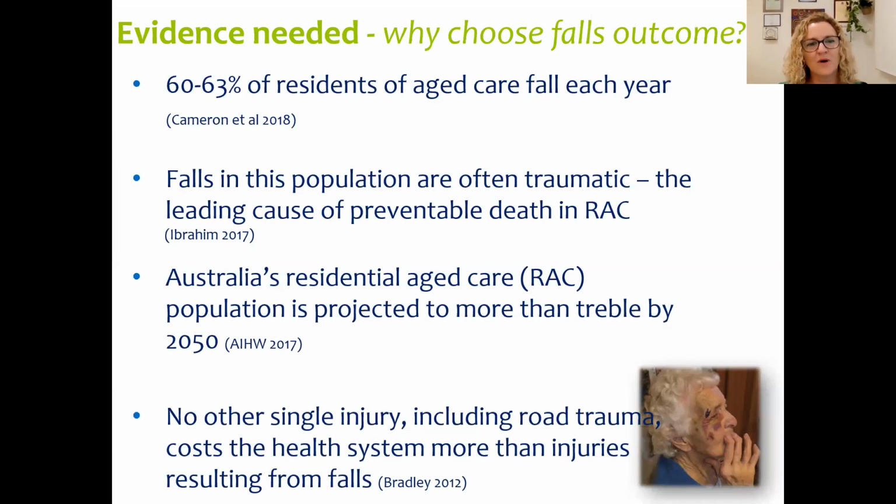Now, I started to look at what might make the government listen, and obviously the humanitarian improvements are important, but so is cost effectiveness or an ability perhaps to save some money. So when I was trying to decide, okay, there's not enough evidence here, we're going to have to conduct some sort of a trial, what will the government be most likely to listen to? Falls was a key outcome, and it turned out to be the primary outcome of this study, although I must say it's really quality of life, mental health, those sorts of things, seeing a person's life change that were my